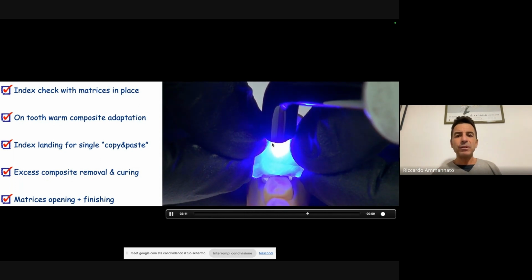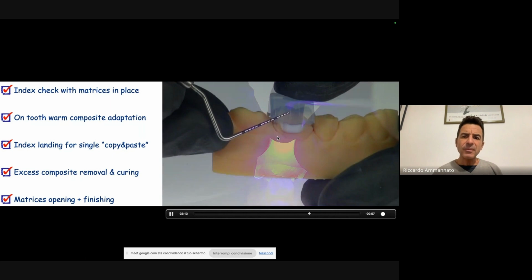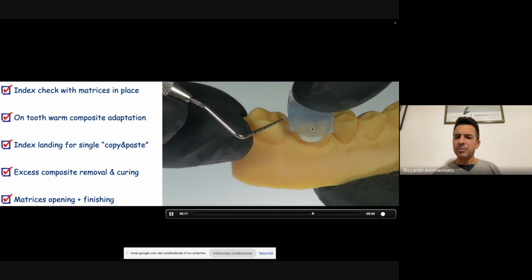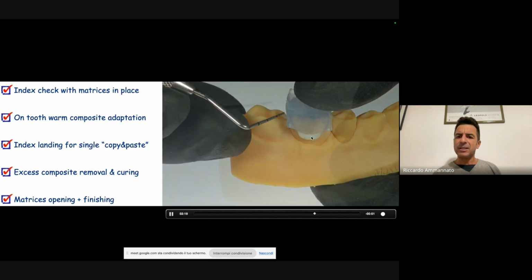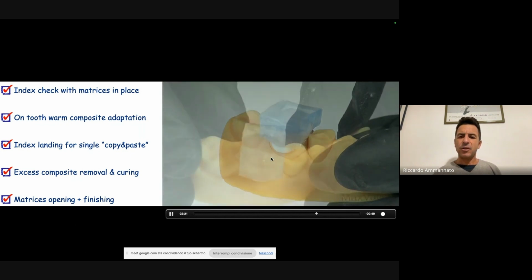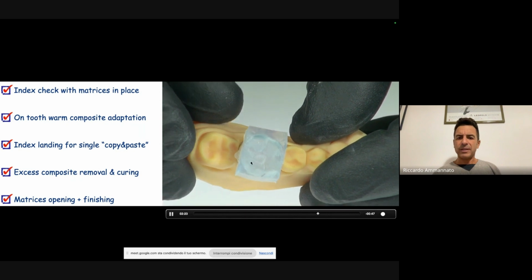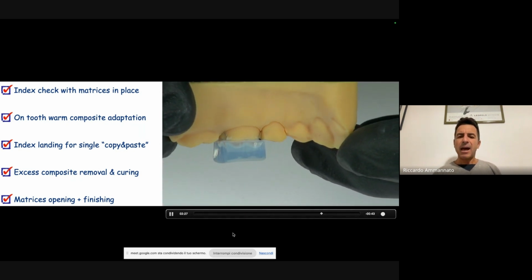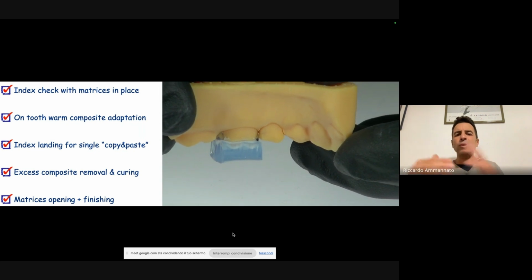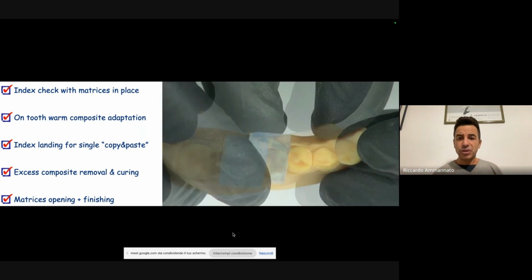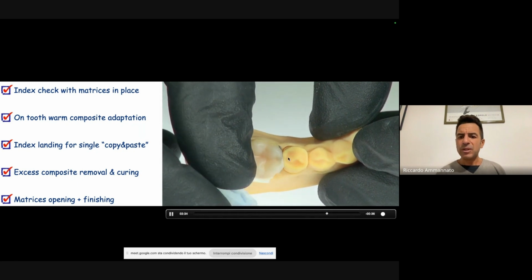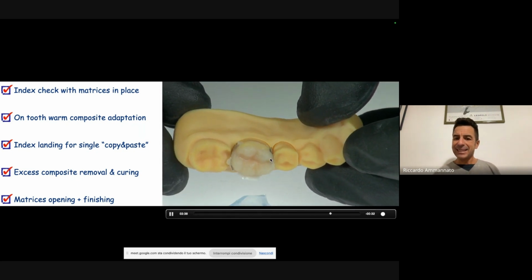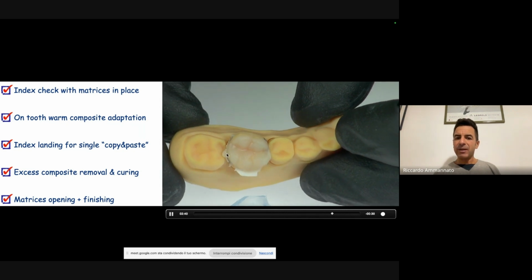And here we're curing through the index, and we'll see clinical cases later on. And you see here that it's precisely landed there. The key is kissing the flow line, the stop reference. So now I'm going to remove my key that you see there. And after removing my key, I will do my finishing procedure. But what I wanted to share with you is the fact that we really have minimal excess material here. I have a little bit more.